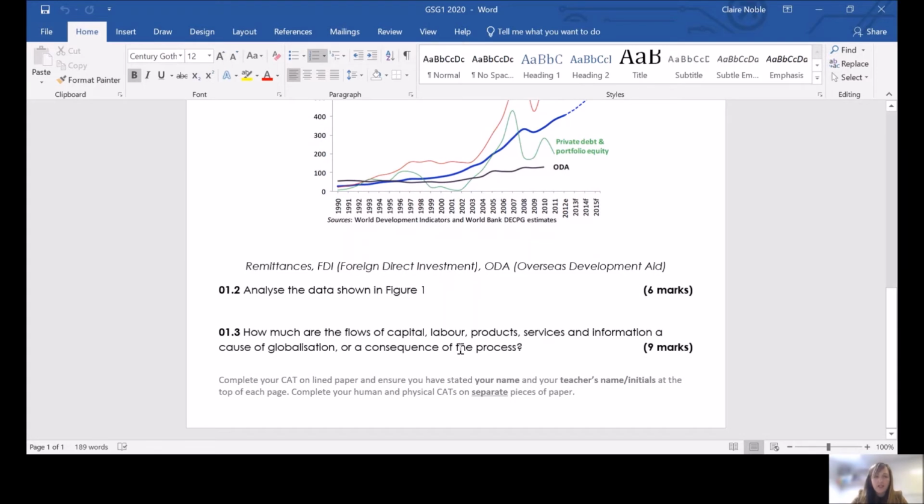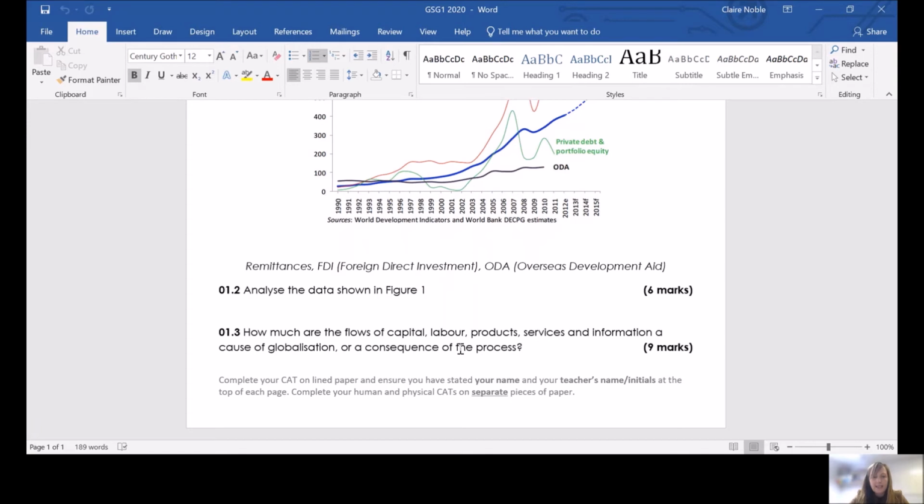The next question, the last question, then asks you how much are flows of capital, labour, products, services and information a cause of globalisation or a consequence of it? And so this is really a to what extent question. So on that basis, you need to make sure that you have got a little sentence at the end that summarises what you're saying. Indeed, are the flows of capital, labour, etc. causes of globalisation? Don't forget, globalisation is about the interconnection and the interdependence of countries, or actually are they consequences of it? And what you might want to do is to choose 2 or 3 of those to talk about